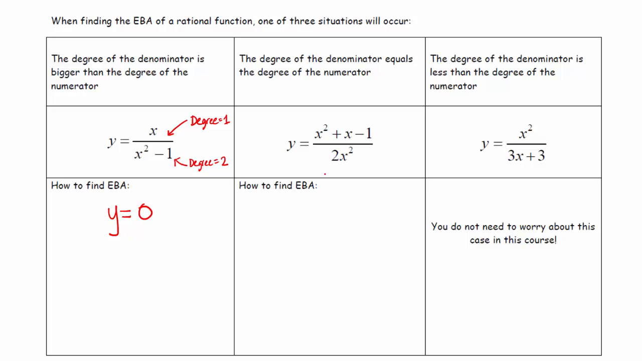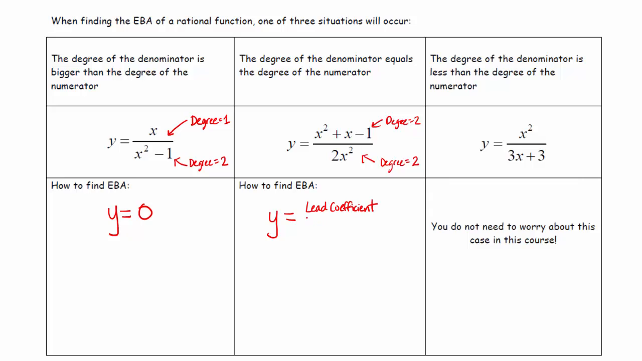The second thing that might happen: what if the degree of the denominator equals the degree of the numerator? In this case, the degree is 2 in the numerator, and the degree of the denominator is also 2. Equal degrees. If that is the case, the EBA will be y equals, it's really a horizontal line, the leading coefficient of the numerator